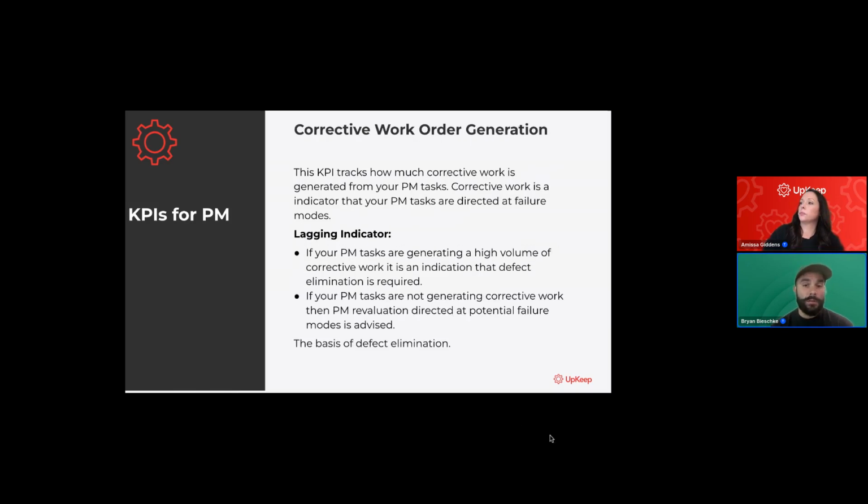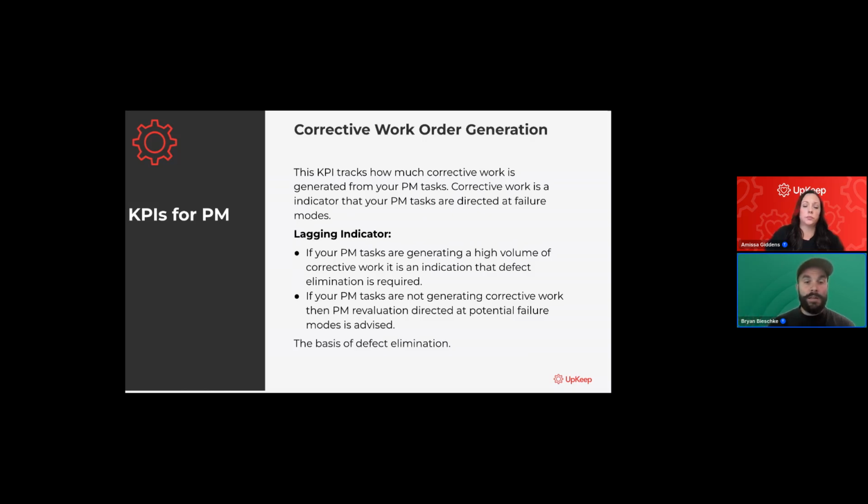And here's my favorite one, especially for all you guys building a strategy and you really want to know where you stand. This is corrective work order generation. This KPI tracks how much corrective work is generated from your PM tasks. Corrective work is an indicator that your PM tasks are directed at failure modes. Super important. It's a lagging indicator, yes, but it does allow for a lot of course correction. If your PM tasks are generating a high volume of corrective work, it is an indication that defect elimination is required, meaning you're doing the same work over and over again. We should be looking at why we're doing that work, find the defect, eliminate the defect,